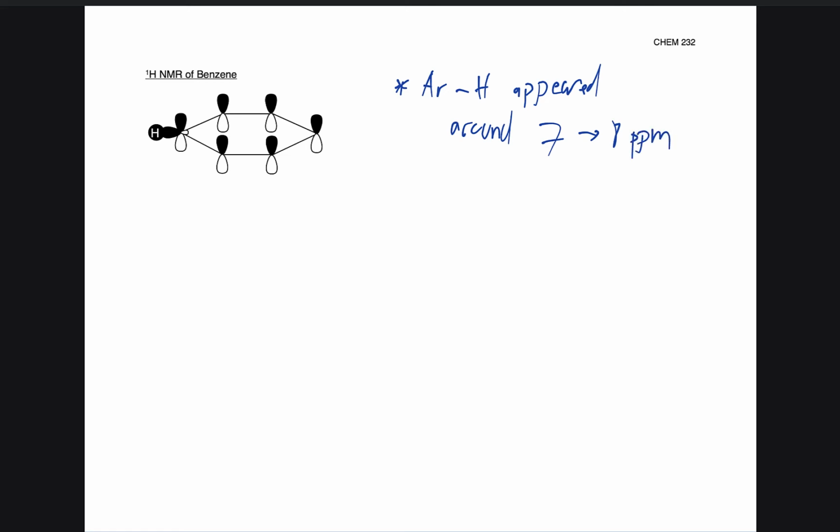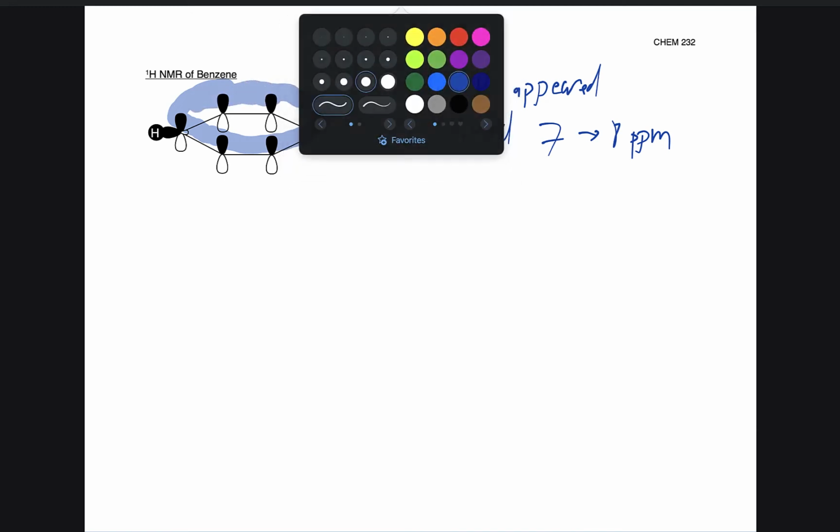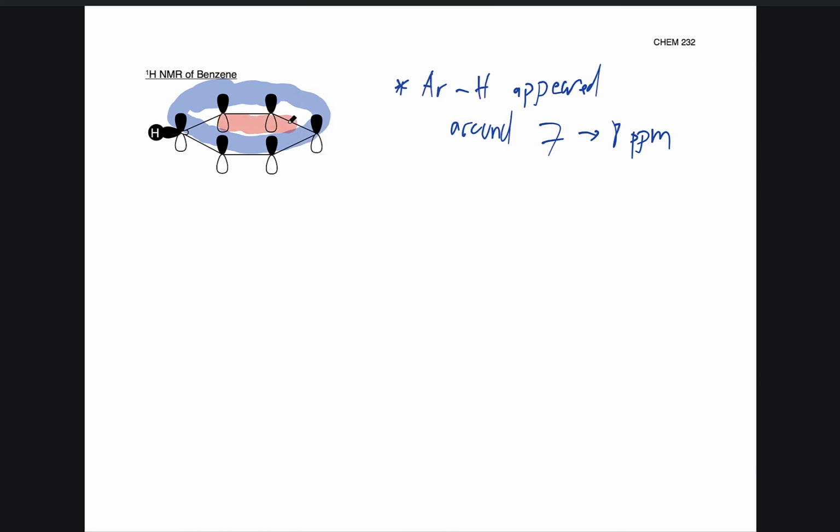And the reason for that is because of the aromaticity of benzene rings. If you notice, I've drawn a crude diagram here of benzene with all the molecular orbitals lining up. This is kind of how it looks in reality, where we have the top all stabilized. All these pi orbitals are overlapping, and on the bottom we have all of these lower orbitals overlapping, like this, the top and bottom overlap. These are all these pi electrons, all these pi bonds here. Again, constantly in flux.